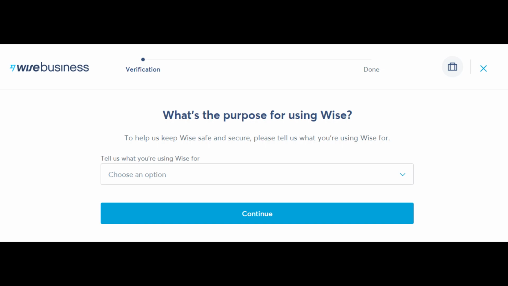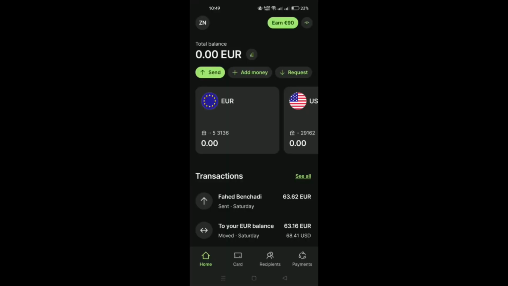So the process is as simple as opening a personal Wise account. On the Wise business account, you have some time-saving extras such as bulk payment options. Order a Wise debit card for yourself and Wise expense cards for your team if you need them to make